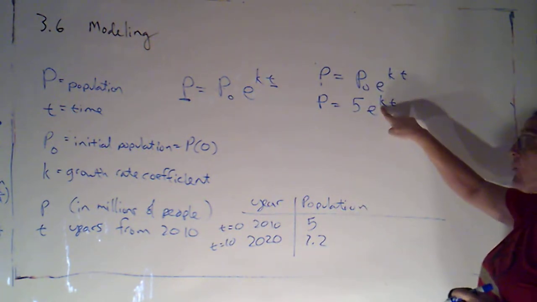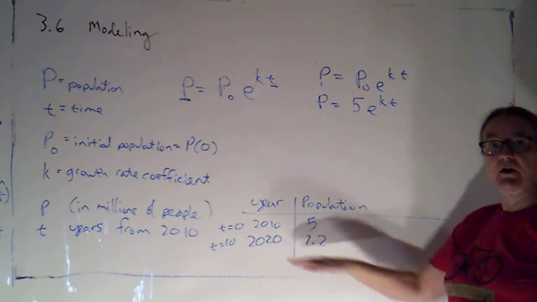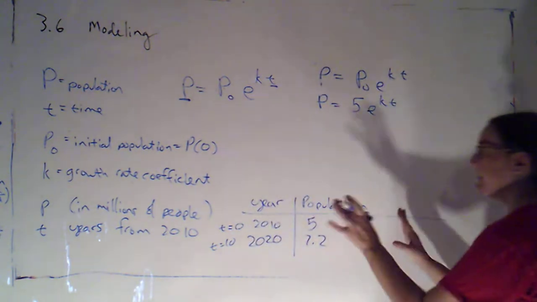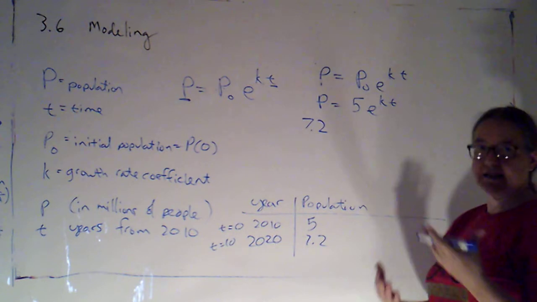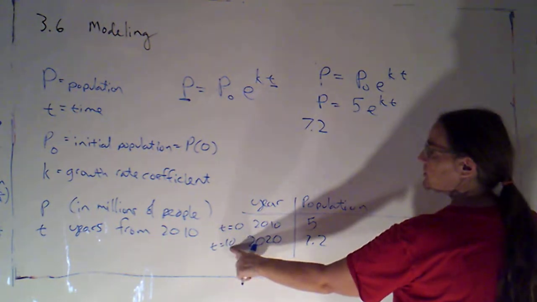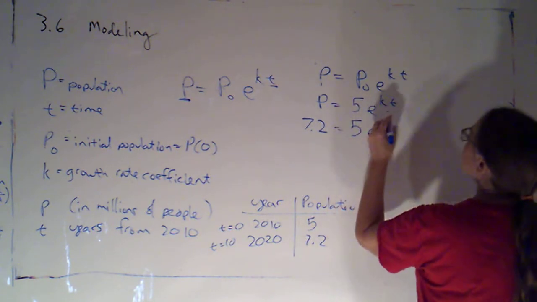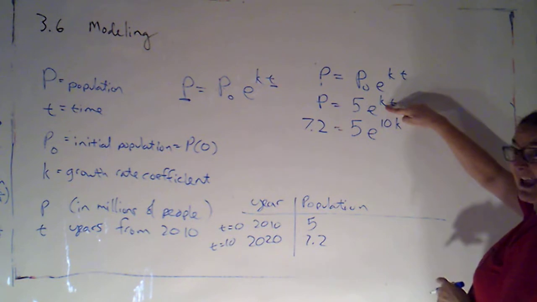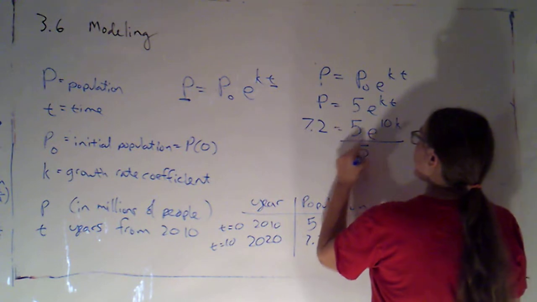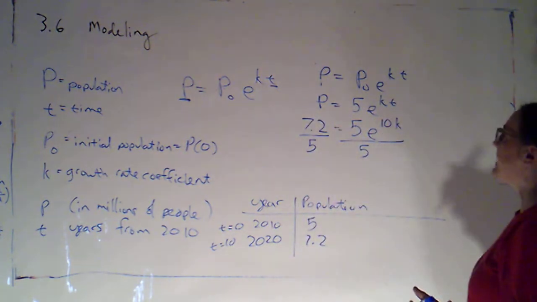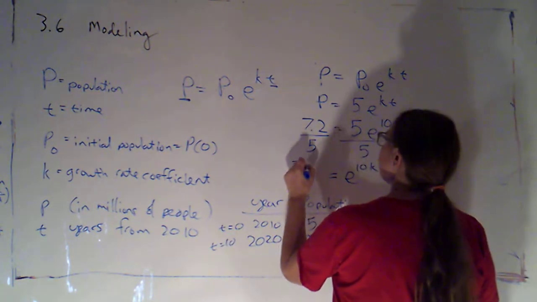So now I need to figure out what k is. I'm going to get that by plugging in what corresponds to my other piece of data. The second point, the population is 7.2, meaning 7.2 million people, in 2020, which is when time is 10. So that would be 5e to the 10k. I still don't know what k is, but I'm plugging in 10 for t. Okay. So I can divide both sides by 5. So we've got e to the 10k is equal to 7.2